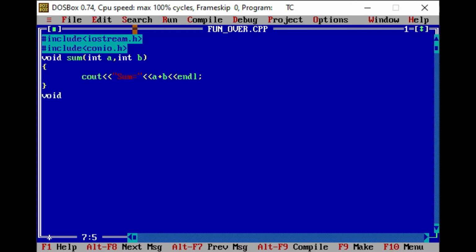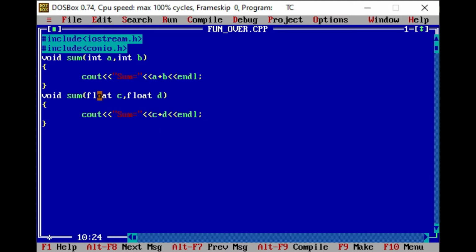Now after that again I am going to make a sum function. Here I have taken a sum function for adding integers, and again I am taking a sum function and I will pass floating point data as arguments. So I will write in brackets float c, comma, float d. And again in curly brackets I'll write the same logic: cout, in double quotes the message "sum is equal to", after that c plus d, and again endl for ending the current line.